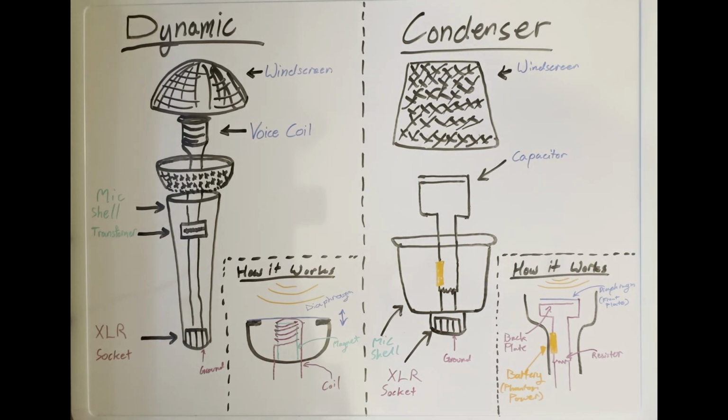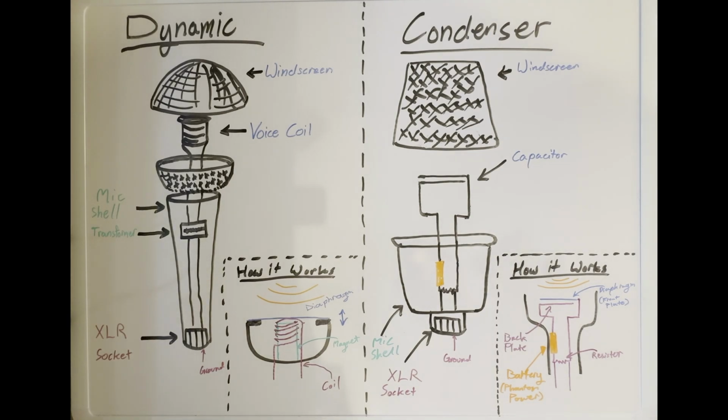Condenser microphones, on the other hand, are generally considered to be more sensitive, and it just has to do with how they're constructed. As you can see, there are some similarities. You have your microphone shell, this is the diaphragm here, and then you have your windscreen, an XLR output, and a ground wire. Some simple key components for how it functions, except the way it works is very unique to the